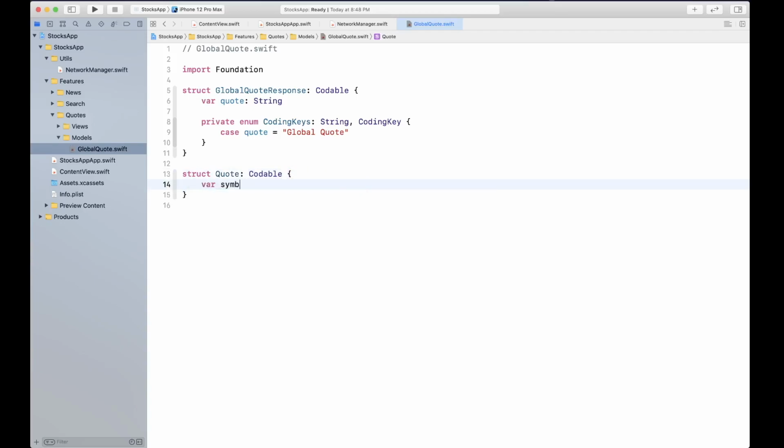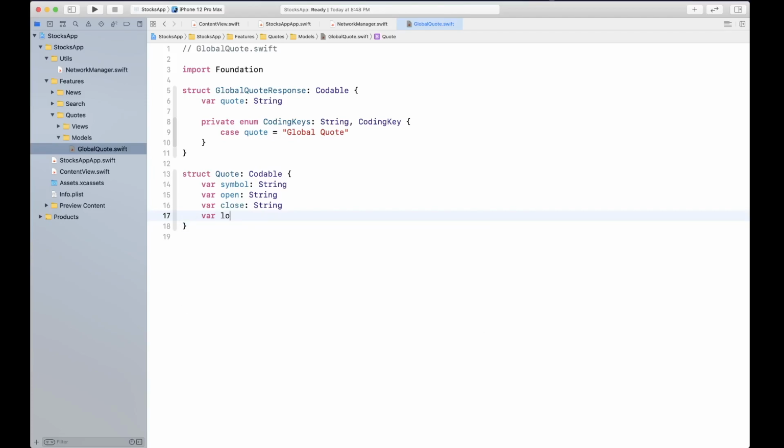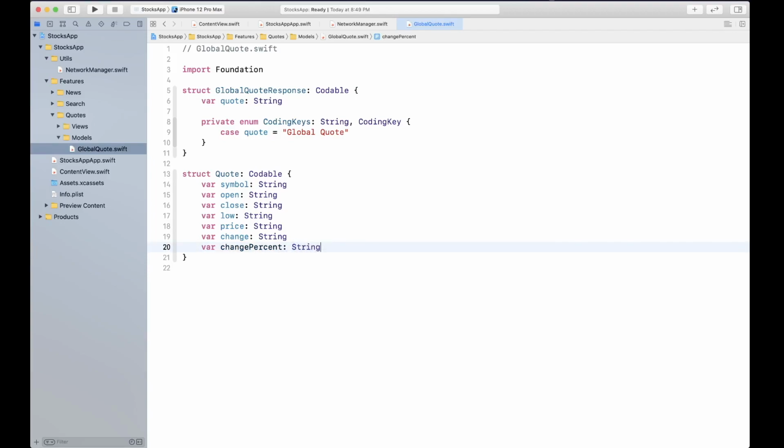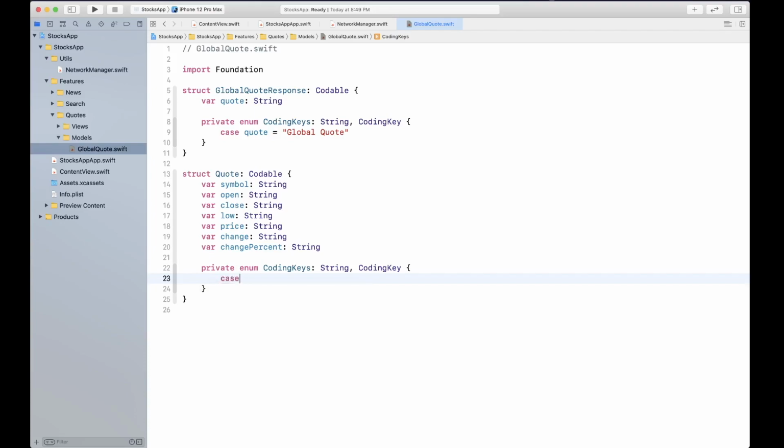We're going to have symbol, and now we're going to create a private enum CodingKeys for this as well, conforming to CodingKey, and we're going to have some cases.